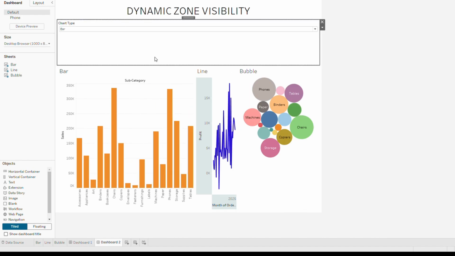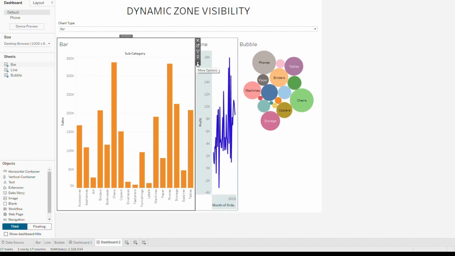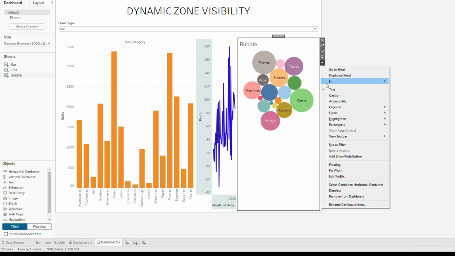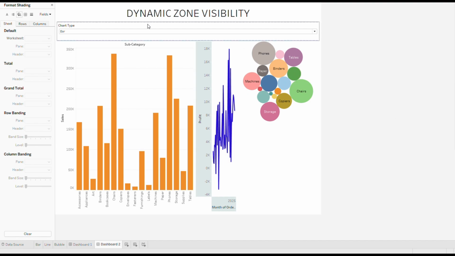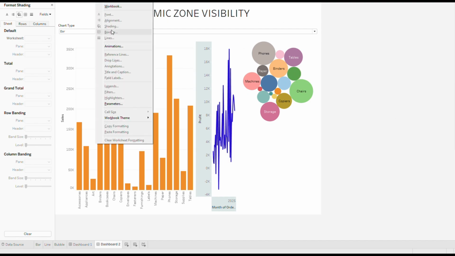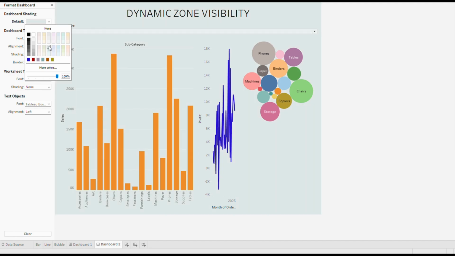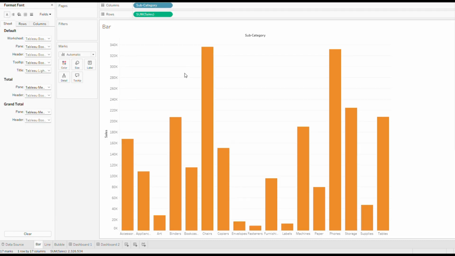Now just some simple formatting I'm doing. Quickly, title, title, title, and format dashboard, lines.